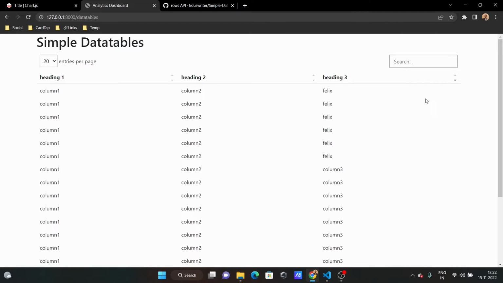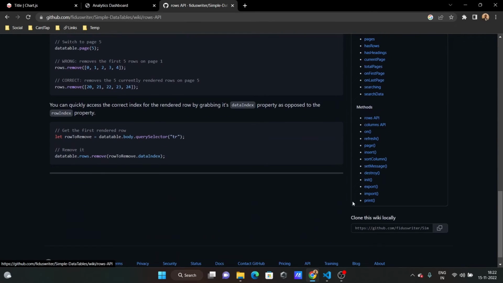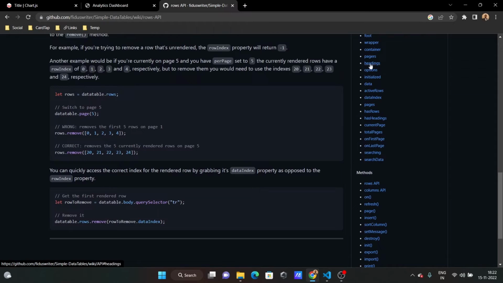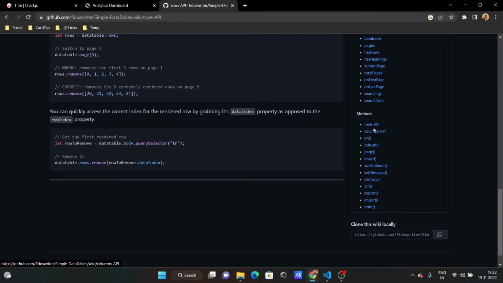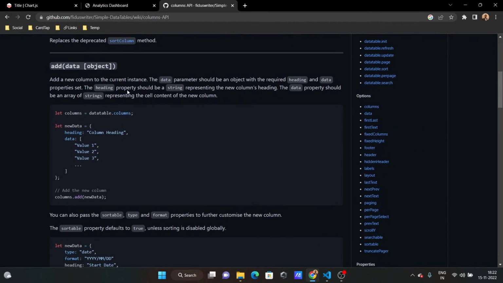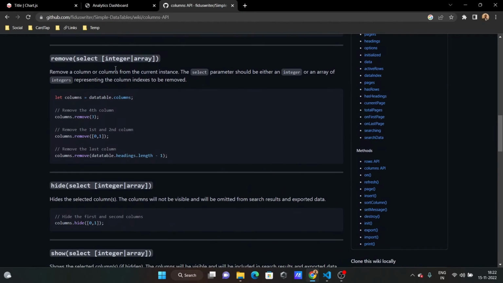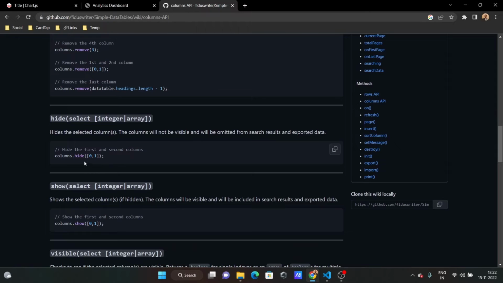Now let's see some other options of the simple data tables library. So let's go through the documentation, and this methods section here is the most important one because we will use these APIs more compared to other things. So if you want to remove a particular column or hide a particular column, you can just go here and then here you can add a column, remove a column, or hide a column. Suppose I want to hide the third column,